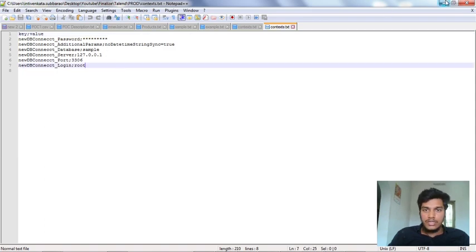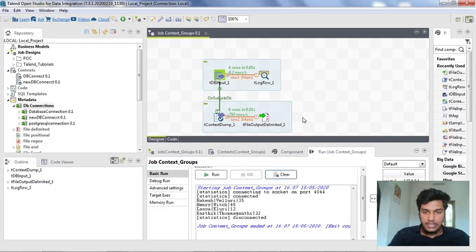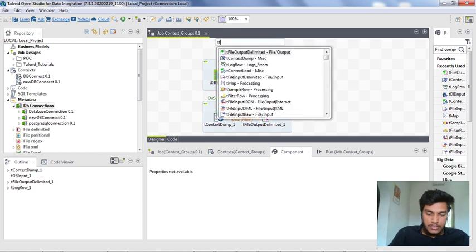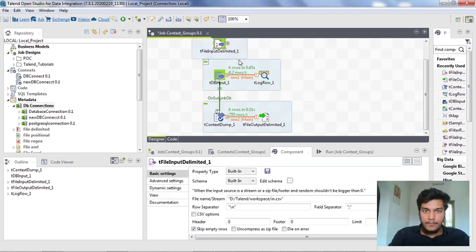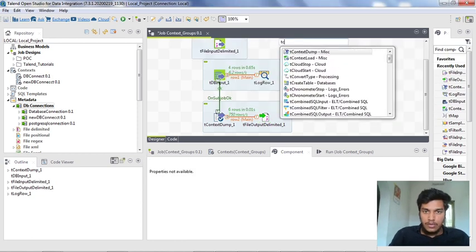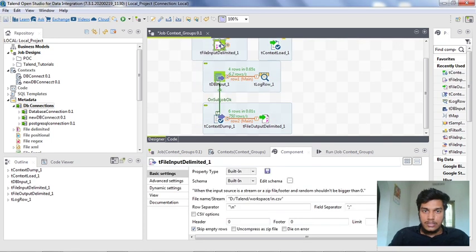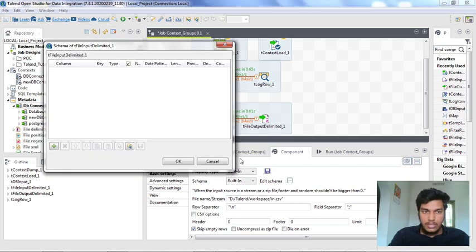Now what I want to do is use this context.txt. I am copying this entire path, and I want to use tFileInputDelimited and tContextLoad. Now I want to configure this. Here everything is present in the form of key and value.